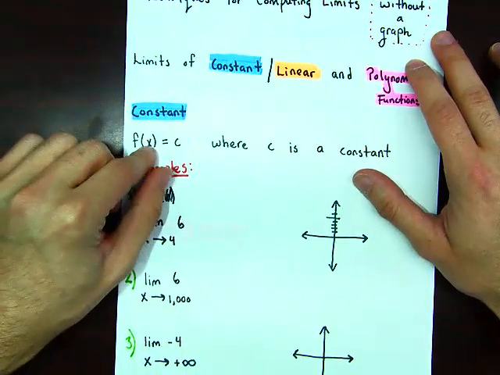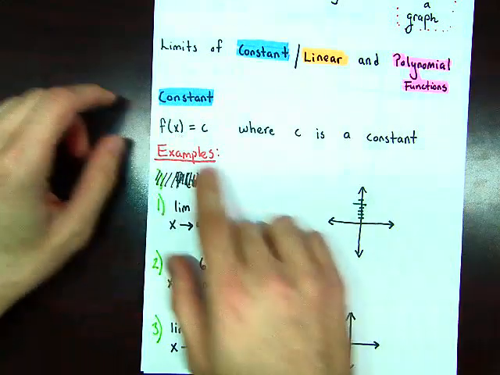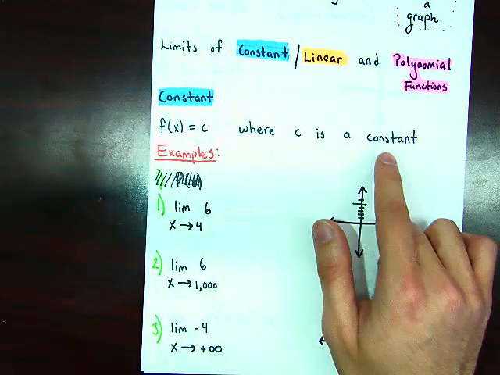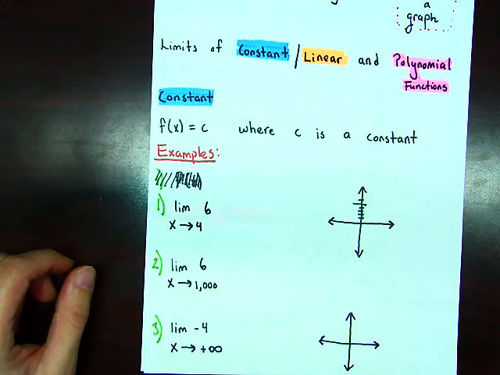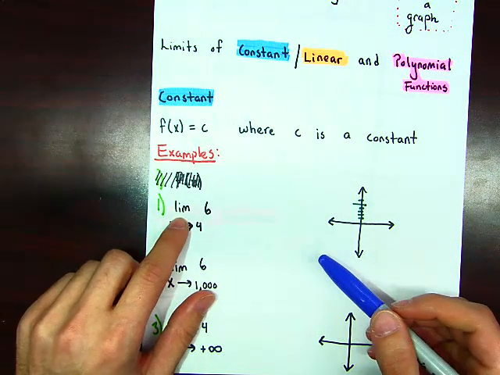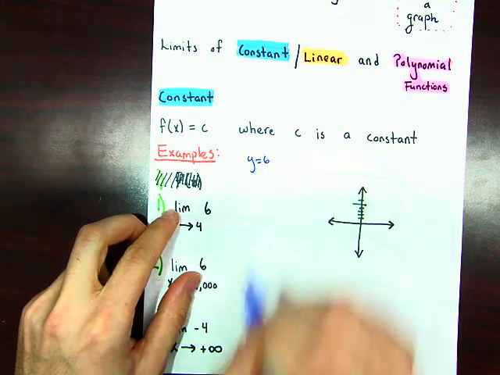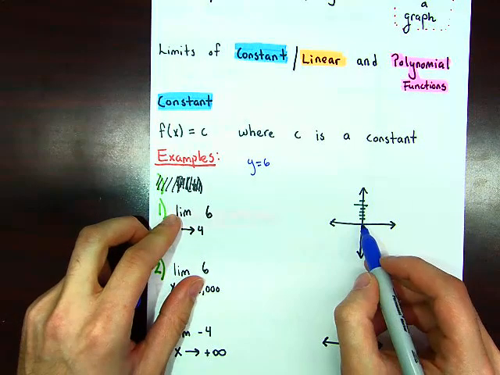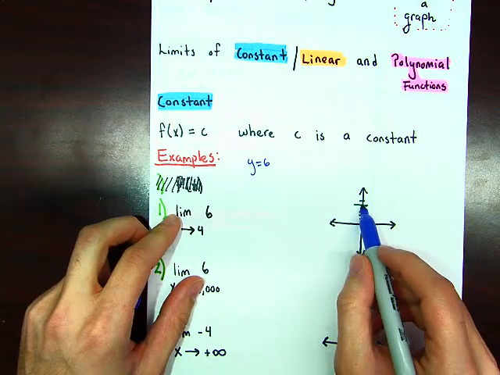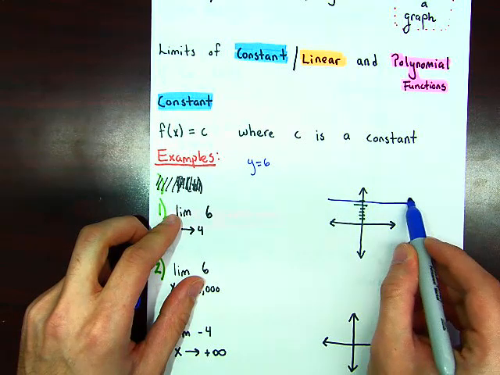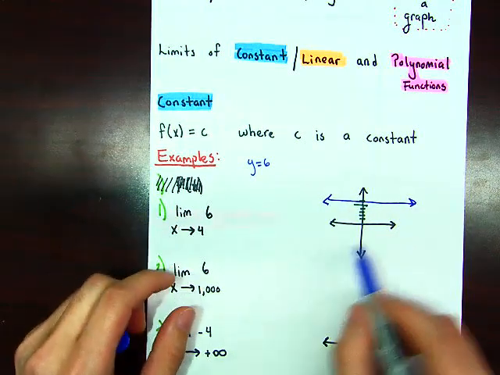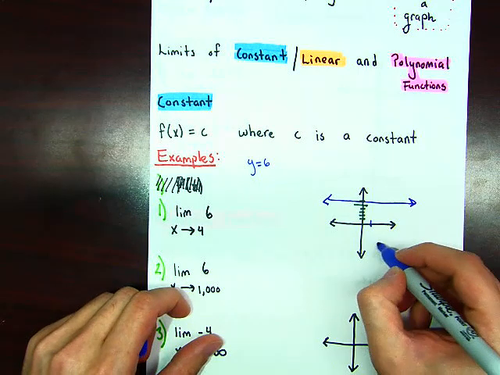So let's look at a constant function. A constant function is some f of x equals c, where c is a constant. And what do we mean by that? If I just have the graph, y equals 6, right? For this graph, all you have is a horizontal line at the y value of 6, and this is your graph. And notice that for x equals 1,